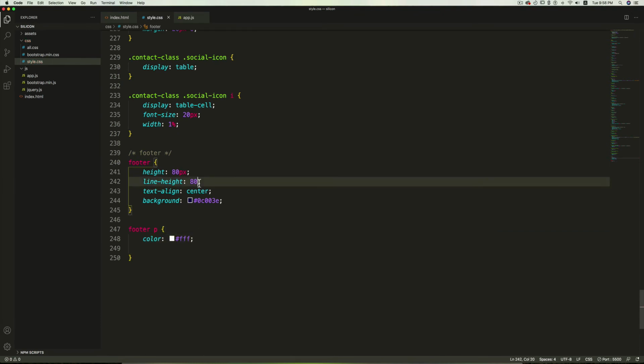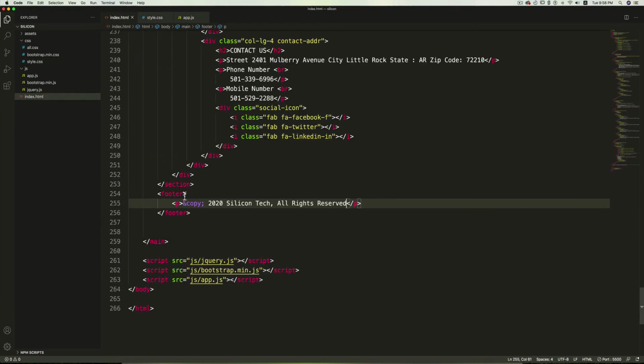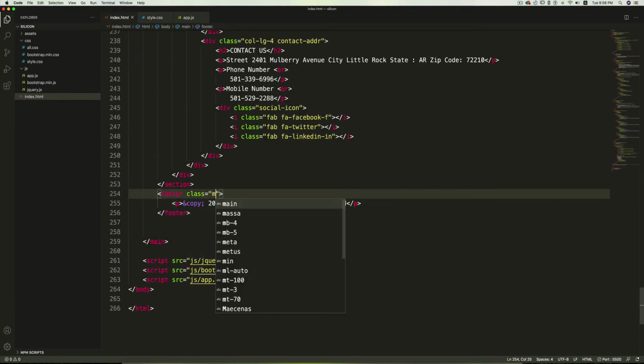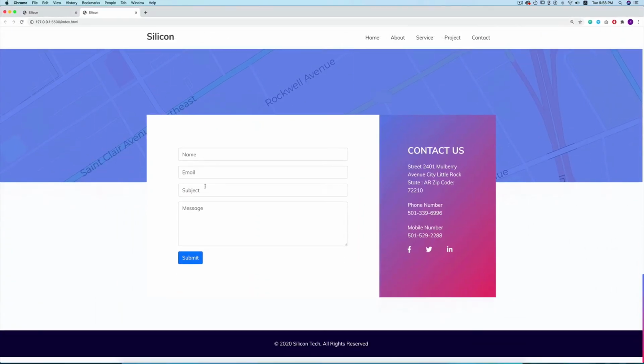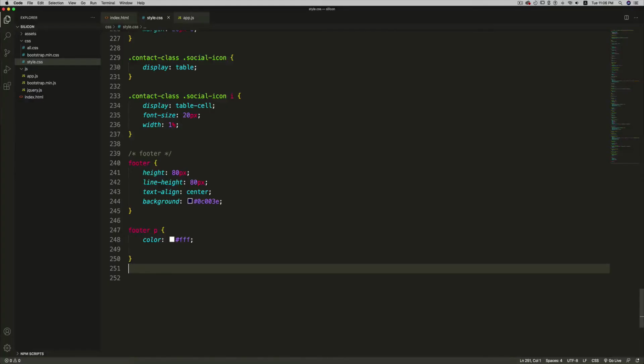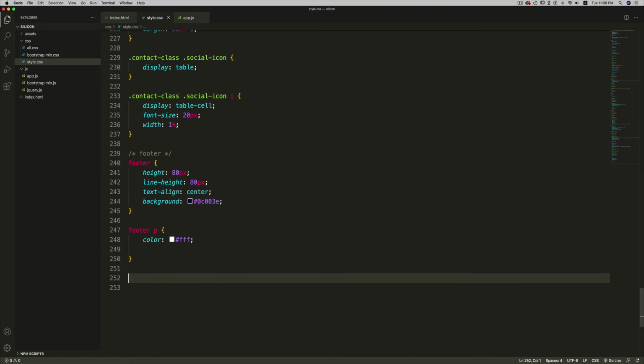Here I made a mistake. I need to add pixel, and also I'm going to give the entire footer section a class margin top 100. So now let's see. So we have the footer. So now that we have created the desktop version of the web page, it's time to add some media queries. So we are using Bootstrap. We don't need to add much, but we need to customize how our headings and some margin work. So let's add those media queries.